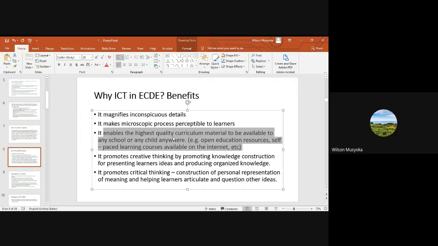It is very easy for even the educator to access new material and give it to their children because we shall be looking at why it should be the educator. If you leave the children, they will not be able to know what is important or what is not important. Sometimes they take everything you find on the internet to be the gospel truth, which is not right, like we will see. It also promotes what we are calling creative thinking,